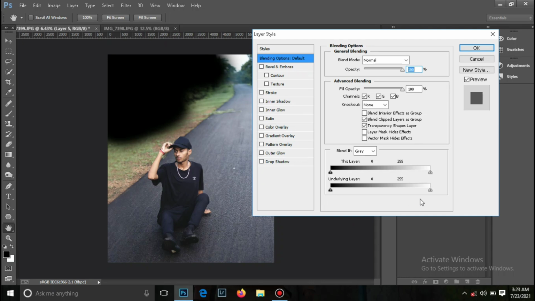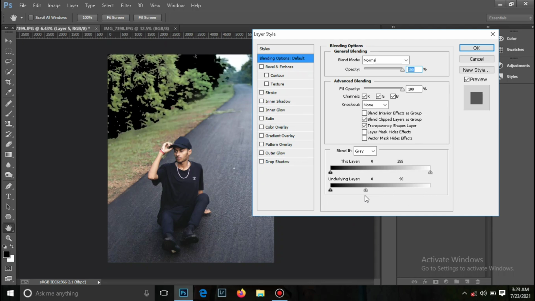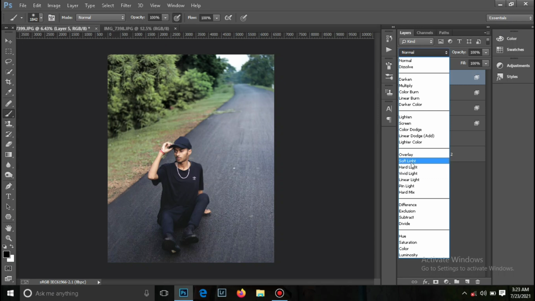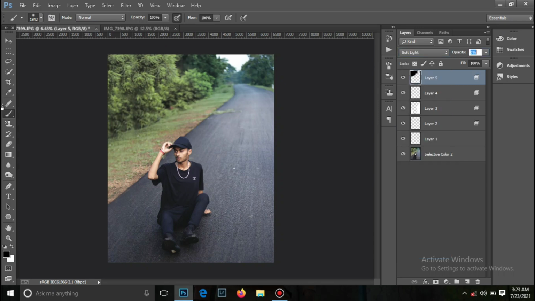And nobody is currently doing this in India, nobody uses this type of technique, so that's why I'm sharing this. So you can make it like that, then change the blending mode to soft light or overlay. You can control the opacity from here like this. So this creates an amazing effect on your photo,